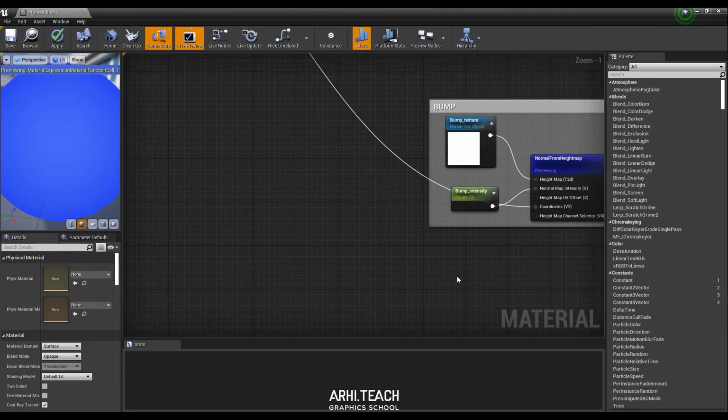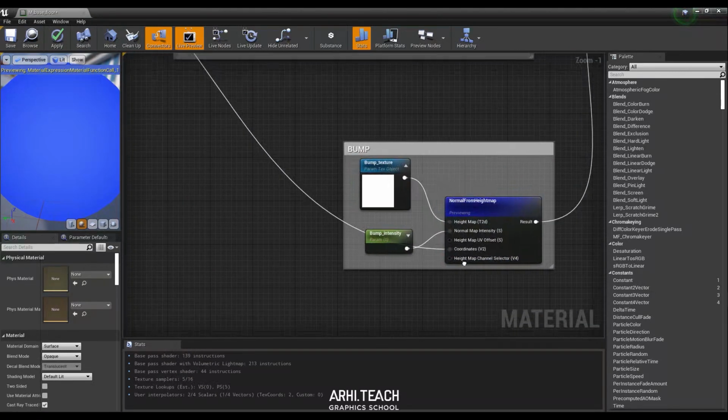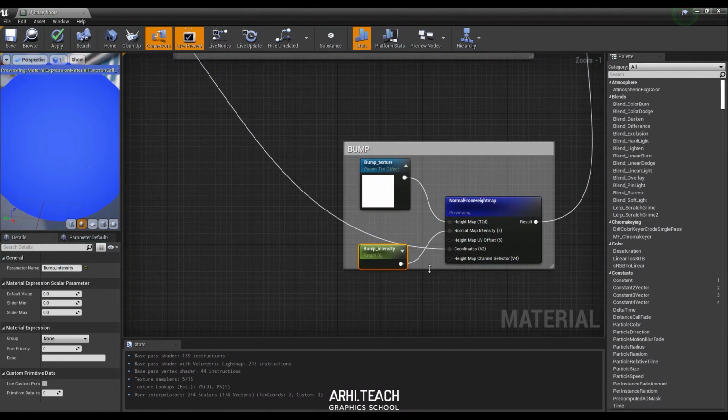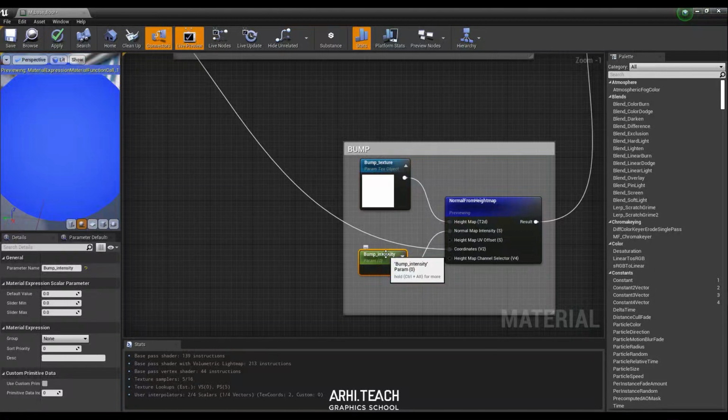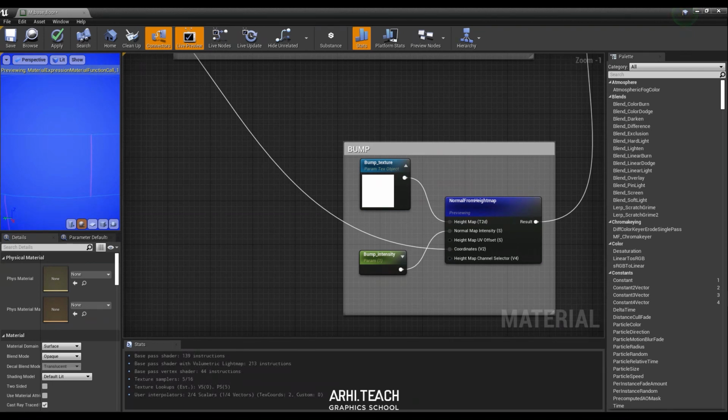Good. And now all our textures will work, but we don't have the intensity yet, because it is set to 0 here. Besides the fact that we did not have the coordinates, it just was 0 and no texture applying could take place, we also need to set the value to 1 for the intensity. Then our bump will work. Here it works. But there is one thing which must be made clear.